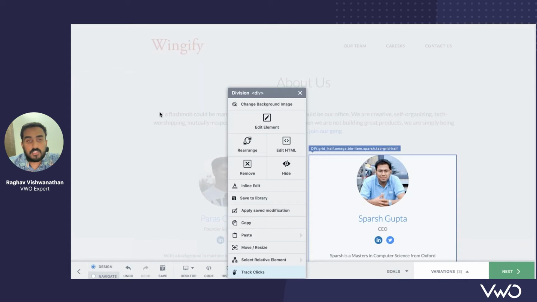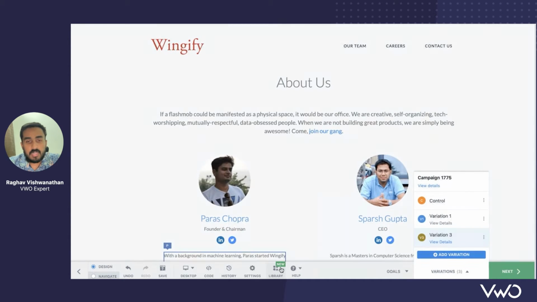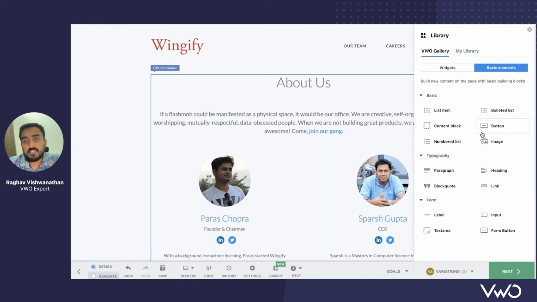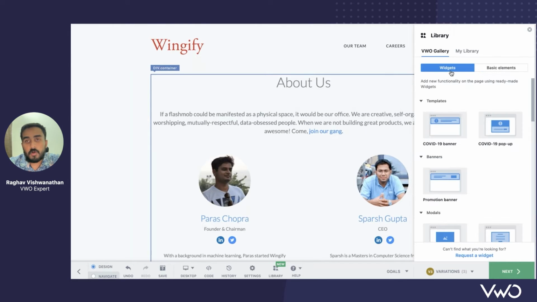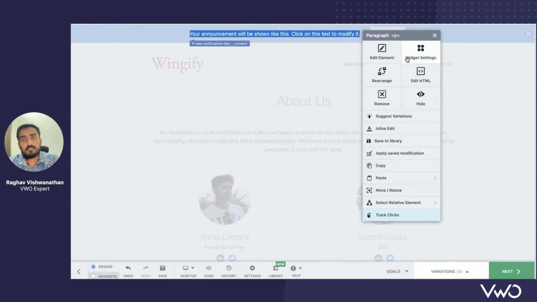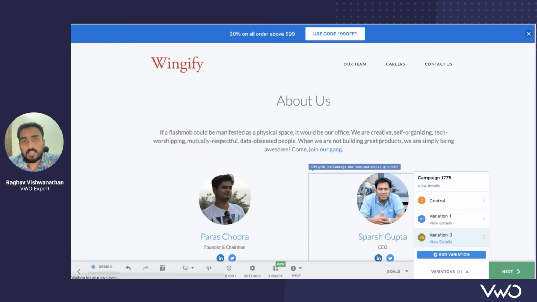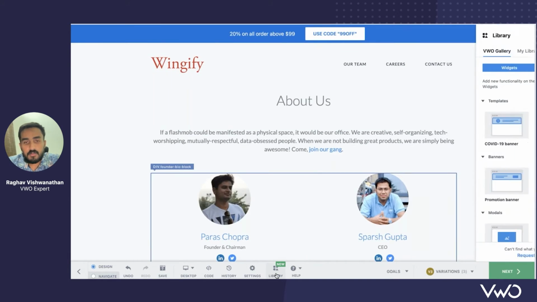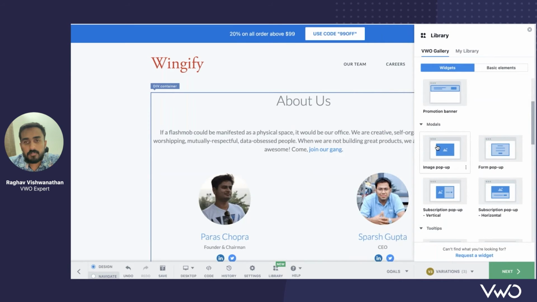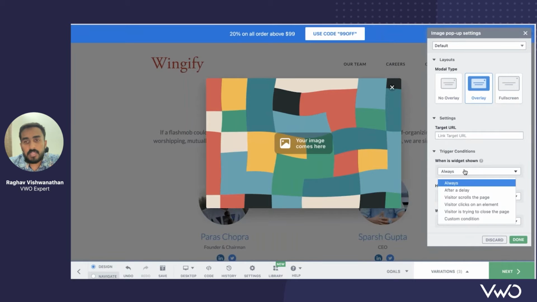Apart from this, we also have widgets that you can make use of under the library section. So you're not restricted to making changes with the elements that are already on the page. You can go to the library section, add basic elements such as images, content, buttons, paragraphs, block codes, labels, etc. We also have options to add different kinds of templatized widgets like promotional banners, something like that, an e-commerce example here. We could also have different kinds of pop-ups, image pop-ups that could be triggered based on specific behavioral attributes of the user,